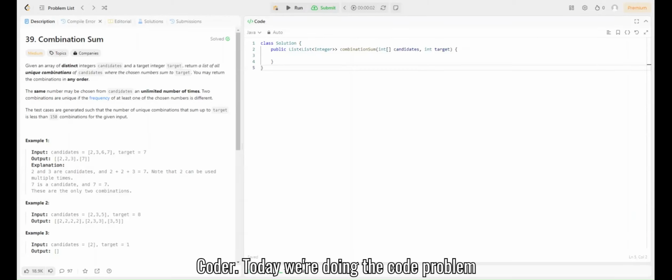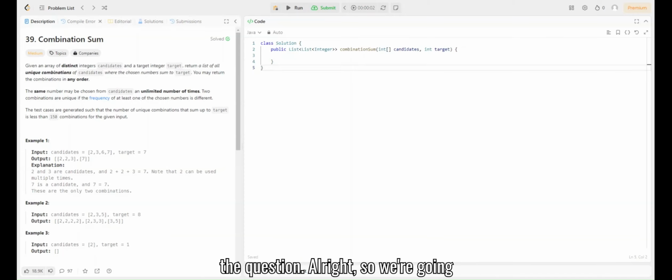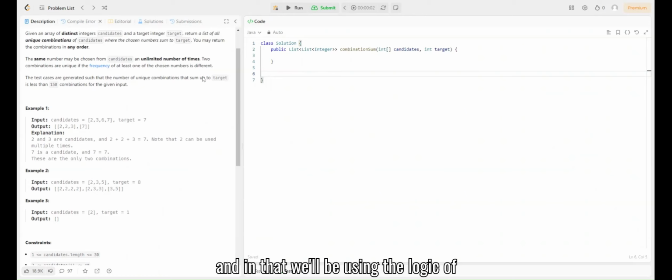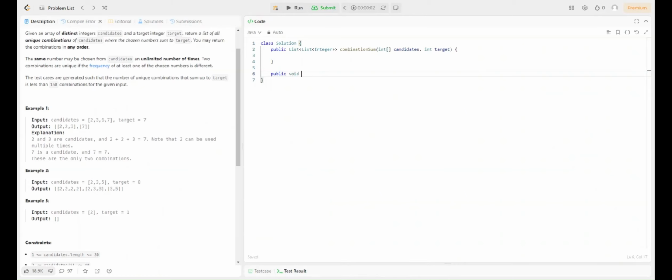Today we're doing Leetcode problem 39, which is combination sum. So just take a moment to pause the video and read the question. Alright, so we're going to be using a recursive call for this, and in that we'll be using the logic of backtracking. Alright, so let's make a backtracking function,